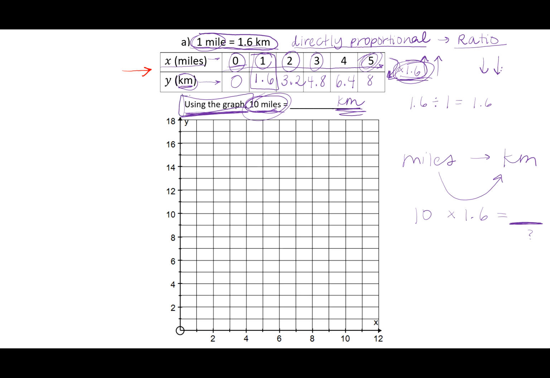Okay. We're told x is represented by miles, so I'm going to write miles over here. And y is represented by kilometers. Hopefully now you know that x is the horizontal axis and y is the vertical axis here. And then these represent what we call coordinates. To find this first position, I would choose where x is 0 and where y is 0, and place my point there. Next I have where x is 1